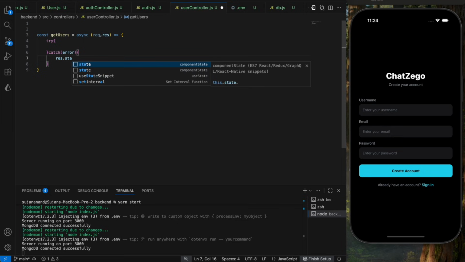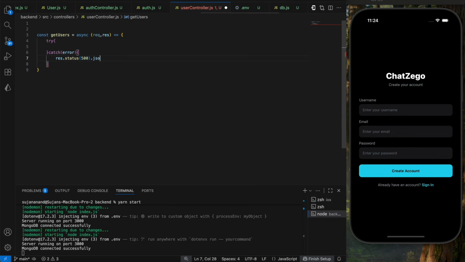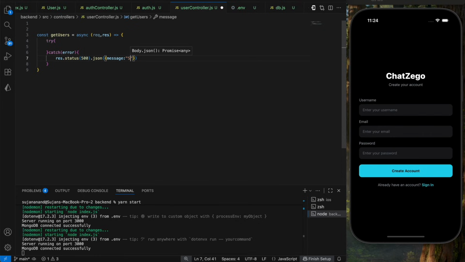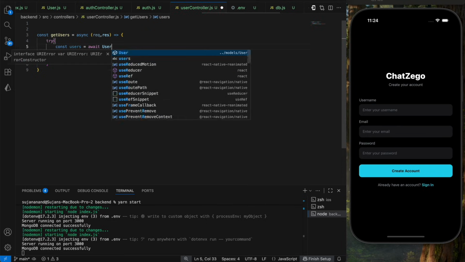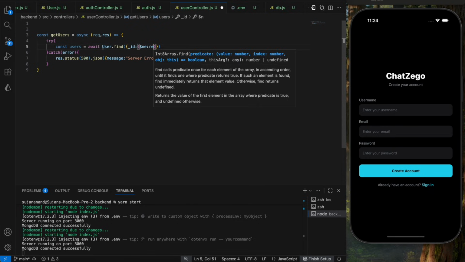Here I'm going to say result.status of 500.json with a message being server error. Alright, within the try block, let's try to access all of the users other than the currently logged in user. So I'm going to say const user is going to be equal to await User.find. I'm going to find based on _id. So this should not be equal to, so I'm going to say $ne request.user